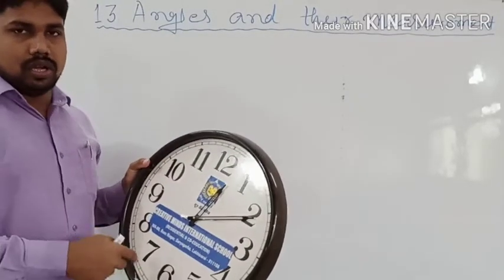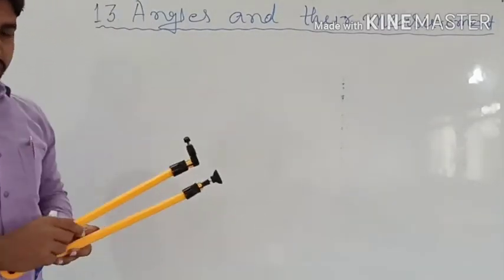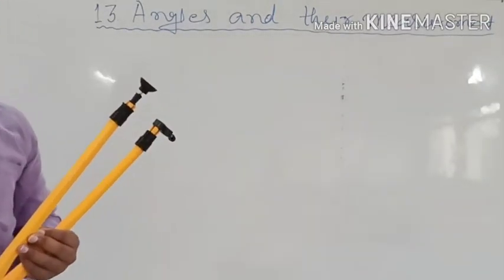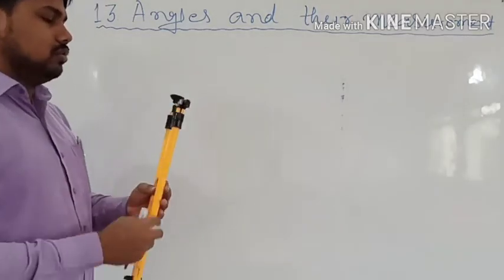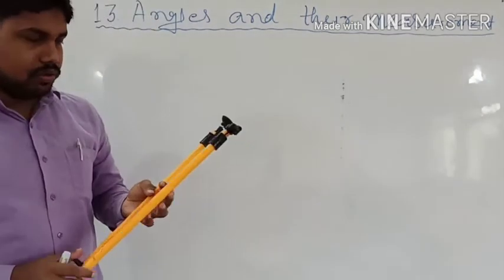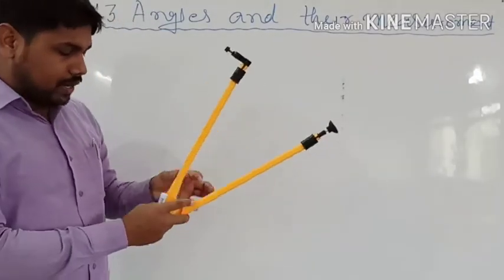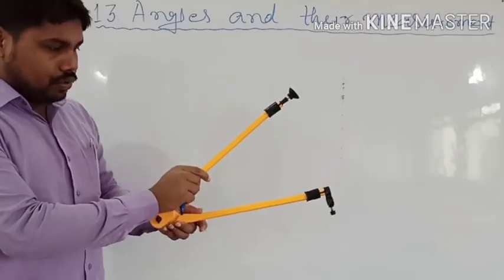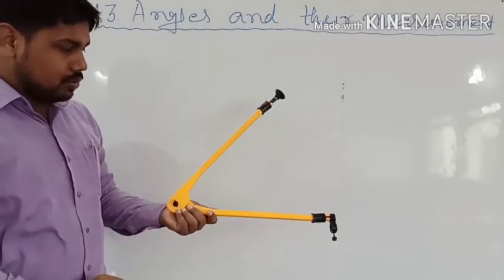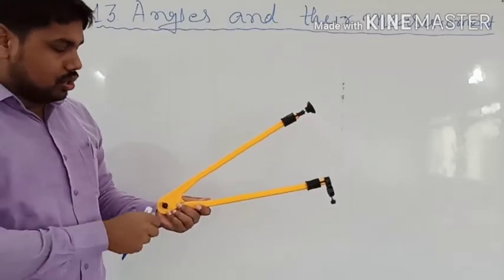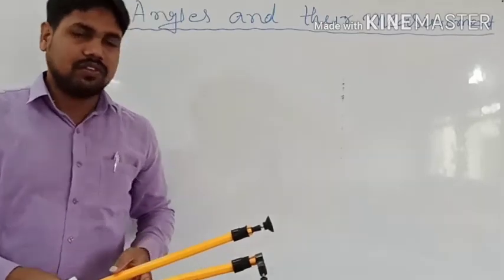Okay. So about all those things we will learn. And then if we talk about a geometrical instrument like this one, this is the divider, a geometrical instrument through which we draw geometrical shapes. This divider is also forming an angle here. If you change this, the angle will also change. This will also be one angle. So at different places it will form different angles with different measurements.